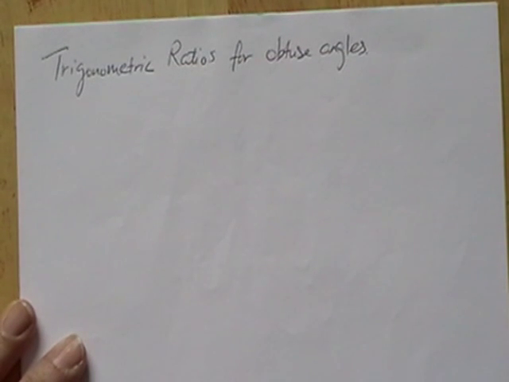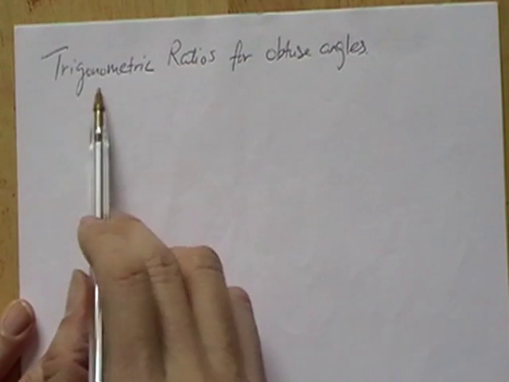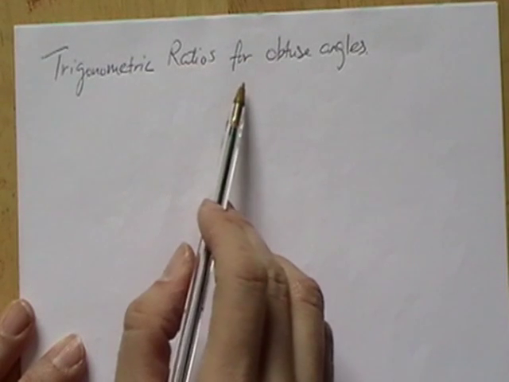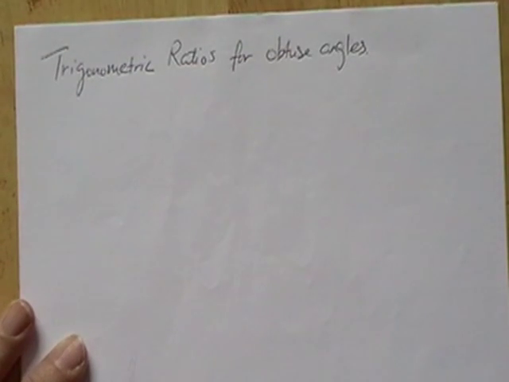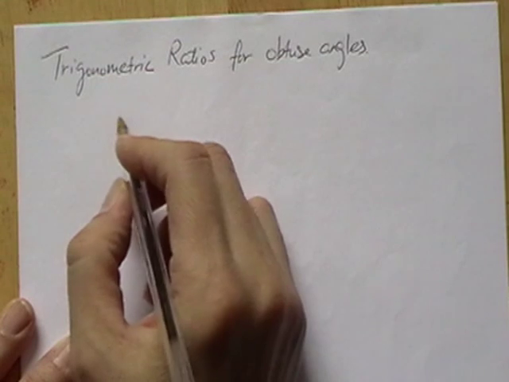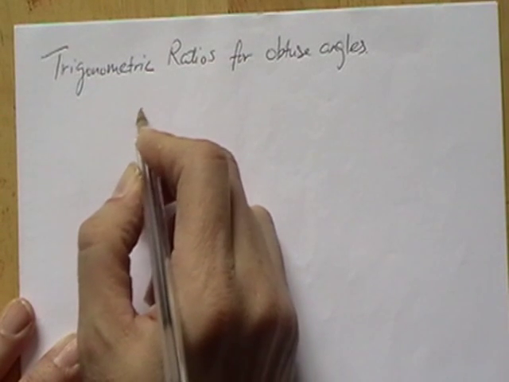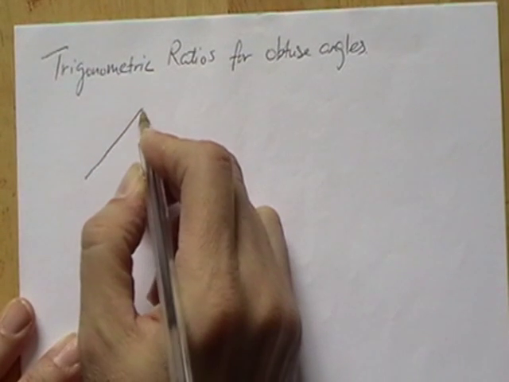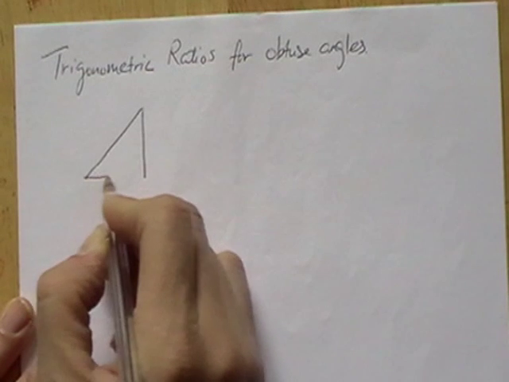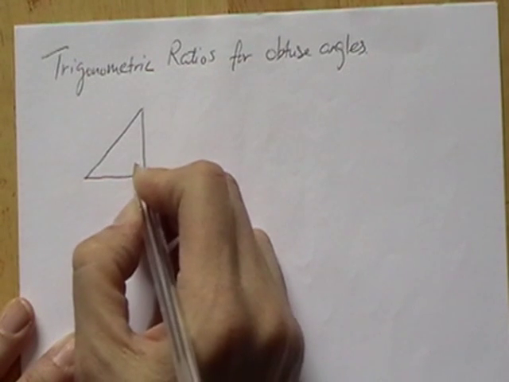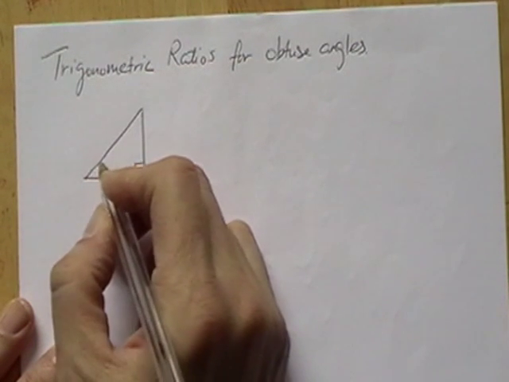In this session, I shall talk about trigonometric ratios for obtuse angles. Now we know about the meanings of sines, cosines, and tangents